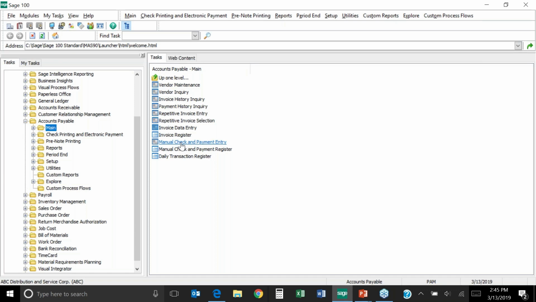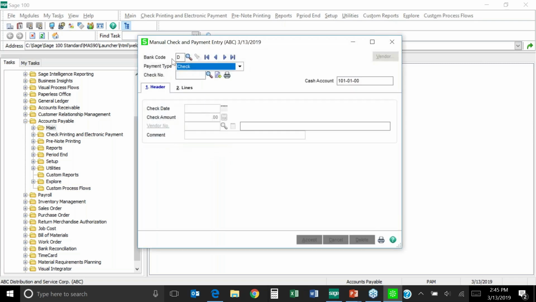So I'm going to go into manual check entry and payment entry. Make sure you have the correct bank code selected, that the type is a check, and you're going to put in the check number. So if I'm wasting my next check on the list, I can just click on next check number and look and make sure that's the right number. At this point, it populates a check date, and all I'm going to do is hit my enter key. I'm going to enter through each of these fields,